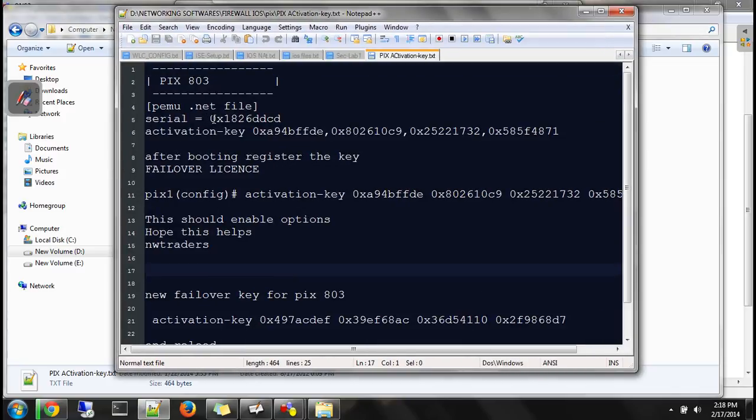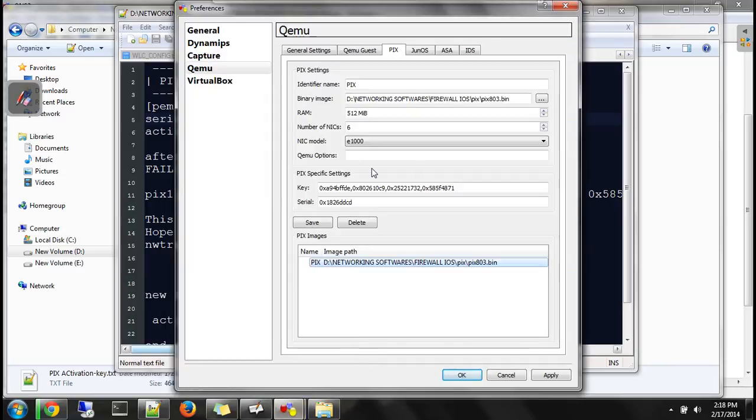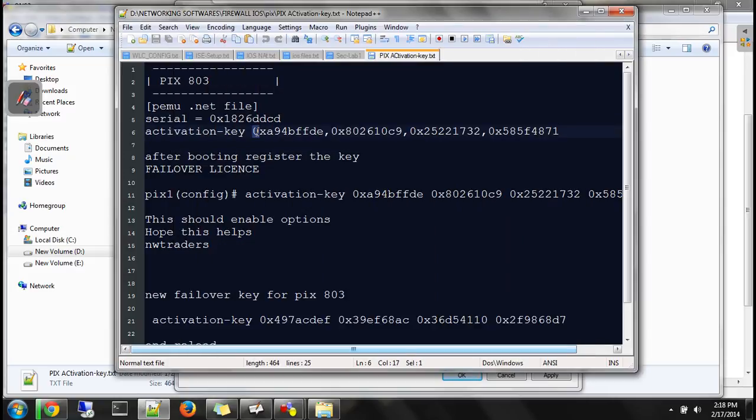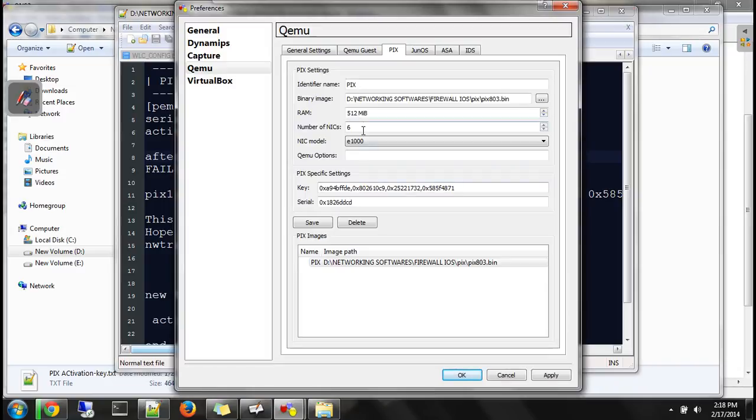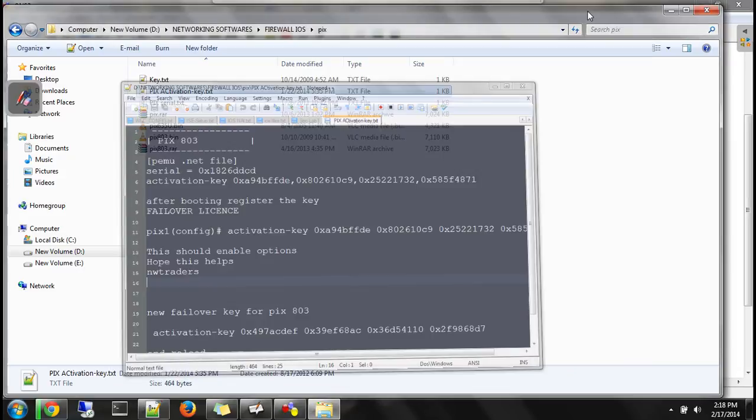From this, copy the serial key and paste it in the serial field. Then copy the license, the activation key, this entire string, and paste it in the key field. Once this is done, save it, click on OK.